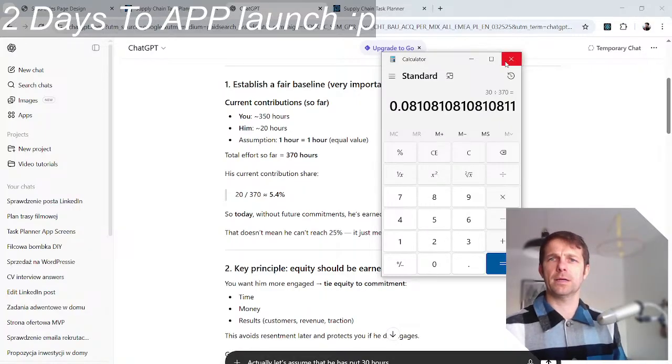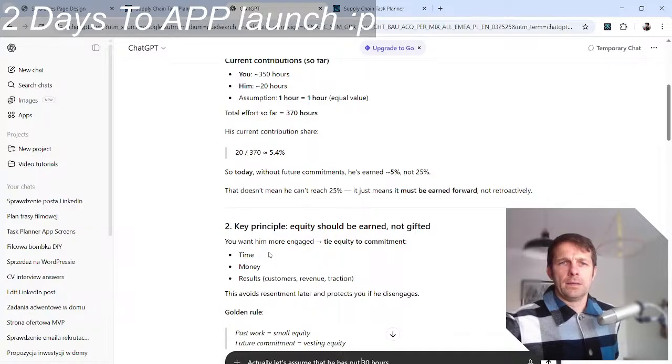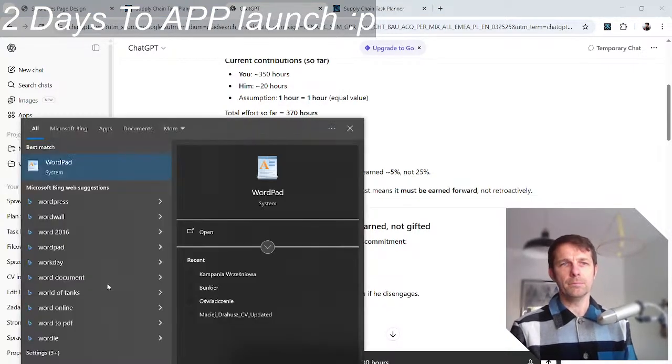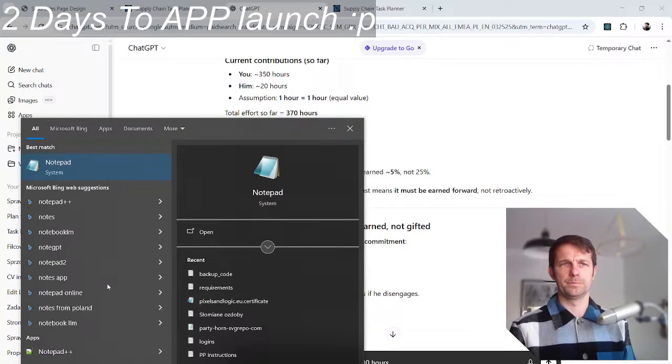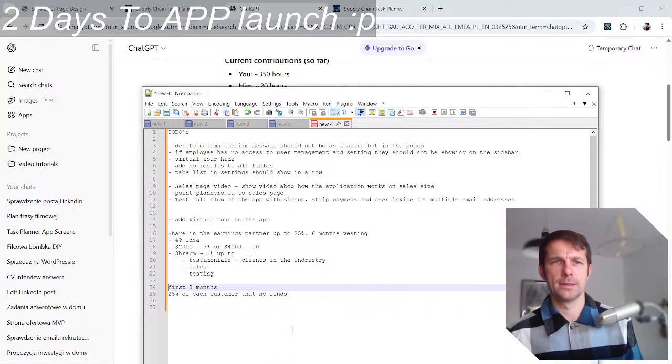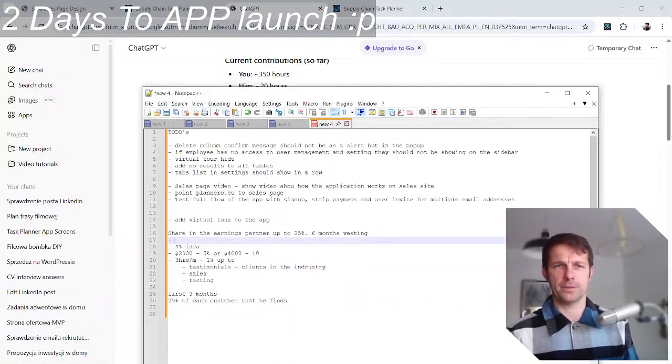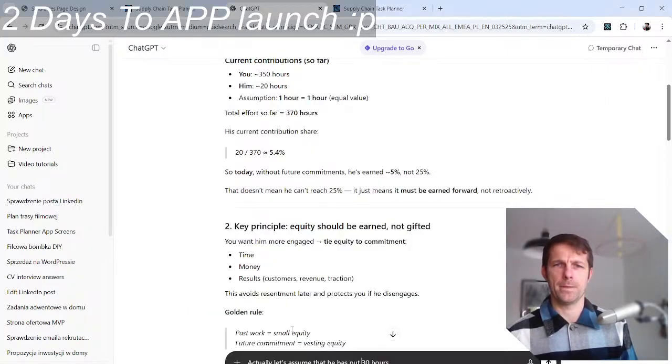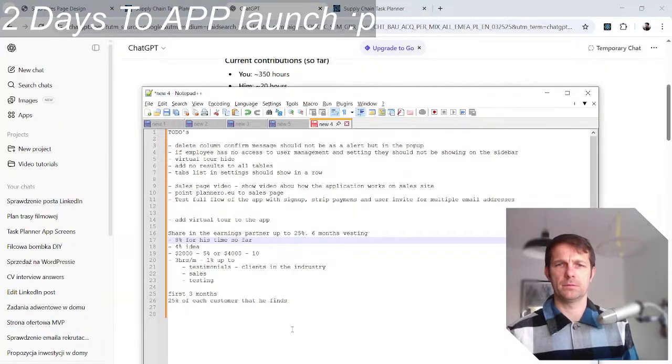So it's 8%. Okay, so out of what he has put so far, notepad, he gets 8%. So that's his 8% for time so far. Or maybe 9%, maybe 10%. Okay, 10%.